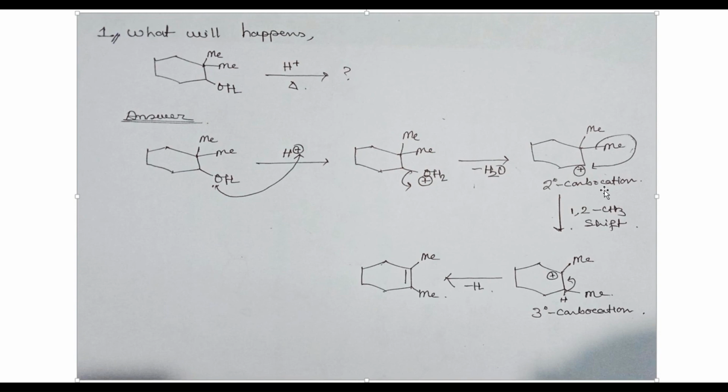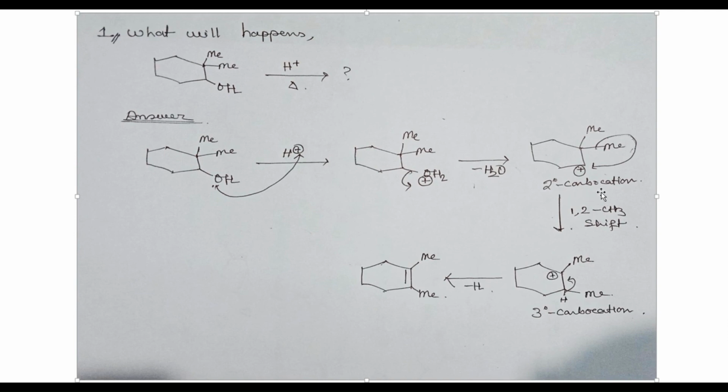The stability of carbocations follows the order 3 degree, 2 degree, 1 degree, and this is because of the hyperconjugation effect. I hope I will upload some videos on hyperconjugation and the inductive effect, etc. When a carbocation gets a chance to rearrange to form a more stable carbocation, it will do so. Here, the carbocation is 2 degree, and it will always try to form a more stable carbocation, that is, 3